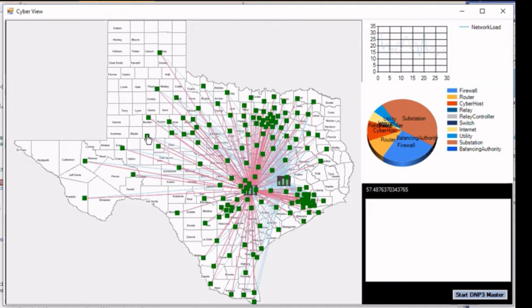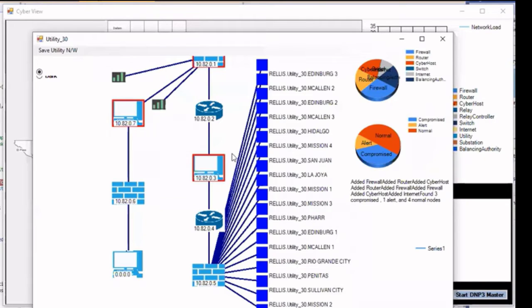If we go into one of the utility control centers, we can see the internal network model of that utility. The components here are, first, a firewall which interacts with the primary balancing authority and also the secondary balancing authority.